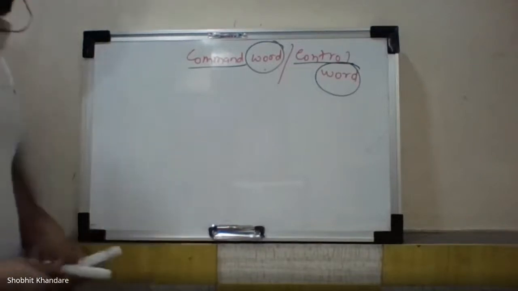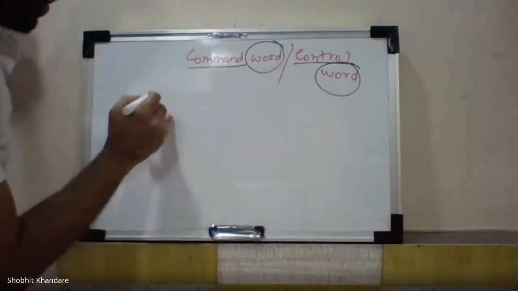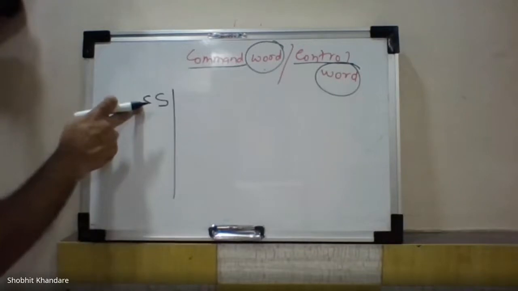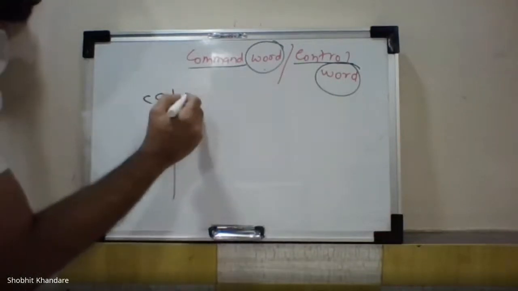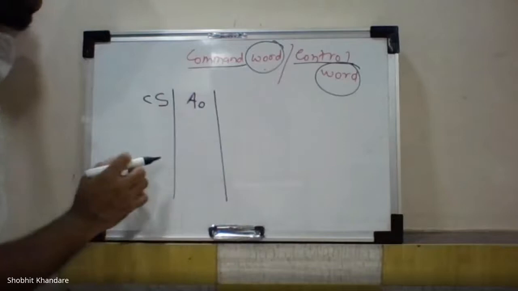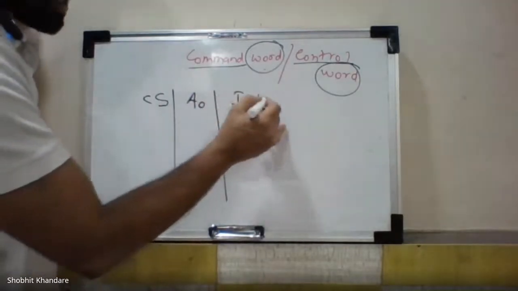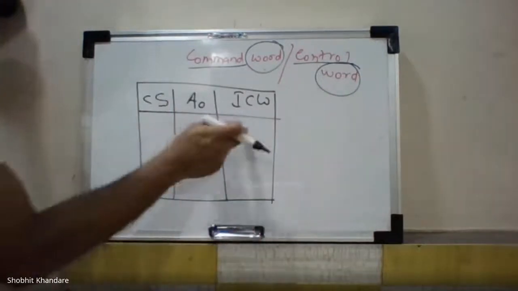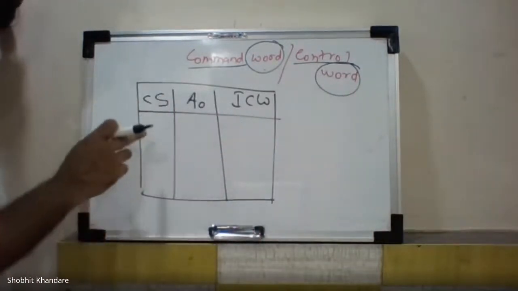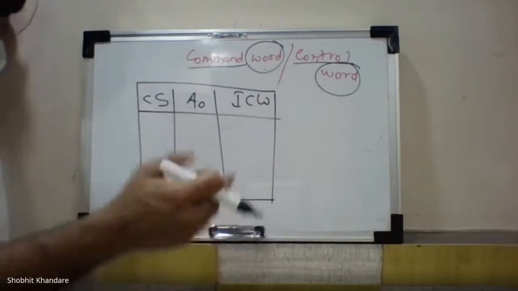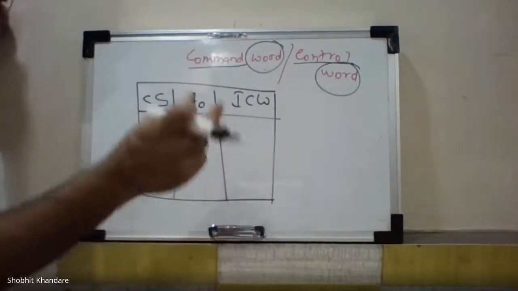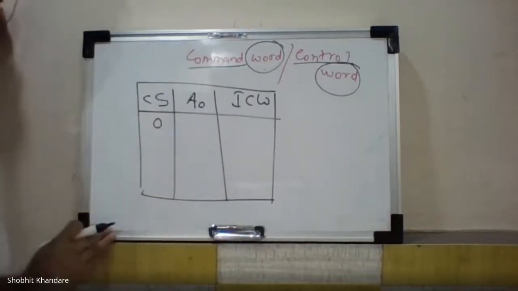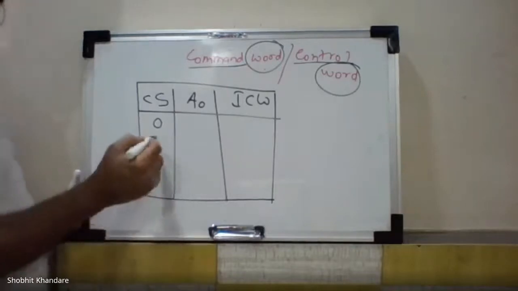Yes. See now the table says what the CS value is. You are familiar with this, that is chip select. What is the status of A0, and depending upon that, which ICW is selected. So whenever you are selecting your 8259, it may be master or the slave, that particular IC is selected when you have CS equal to 0. So we have four conditions.